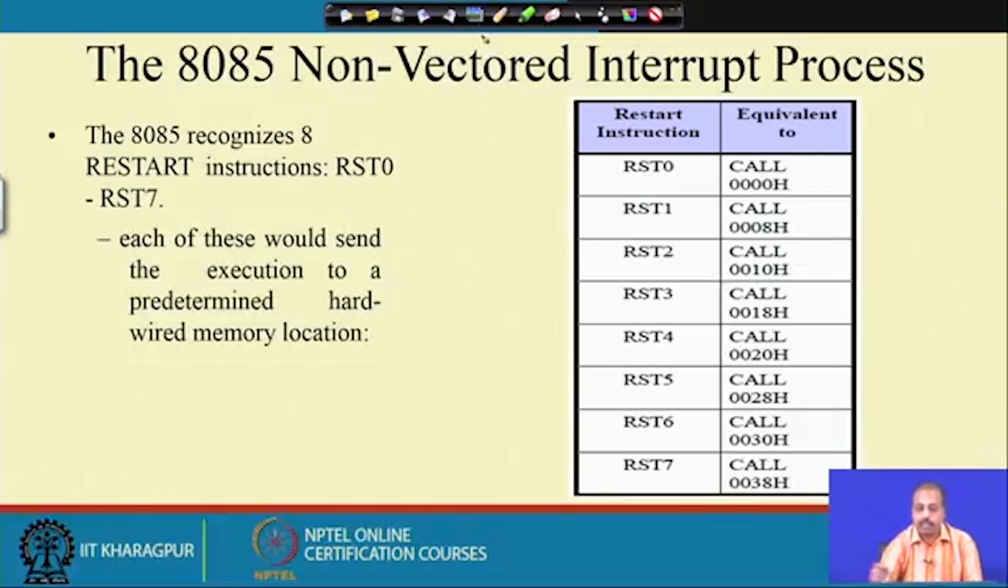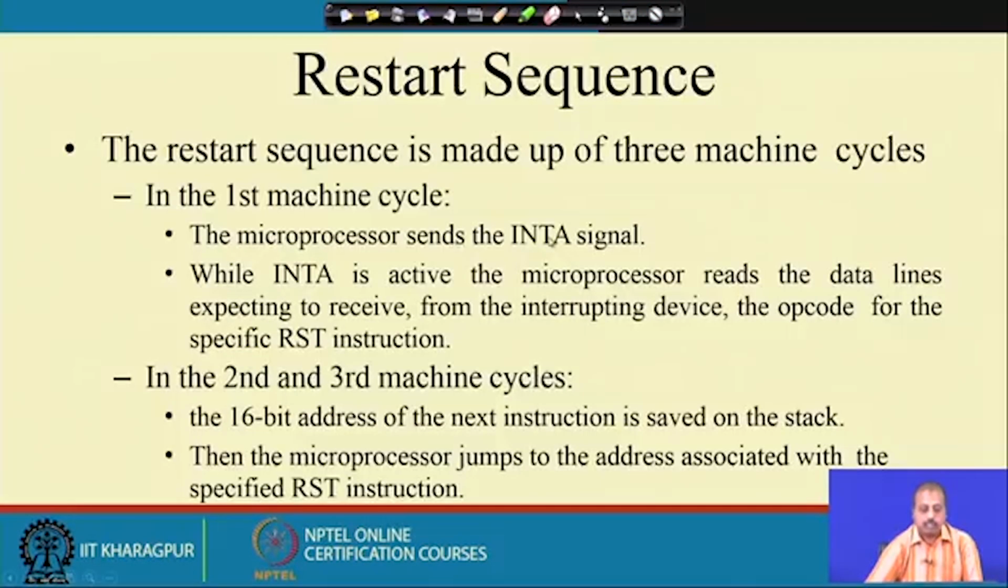So, next we will have this, the sequence is like this. So, the restart sequence has got 3 machine cycles. In the first machine cycle, which is known as the interrupt acknowledge cycle or INTA cycle, the microprocessor sends the INTA signal. So, the INTA line is made low, and when the INTA is active, the processor will read the data lines, and